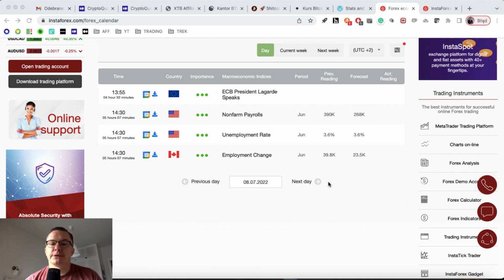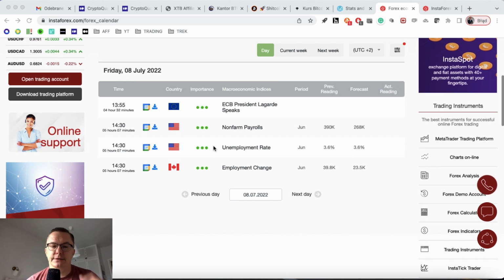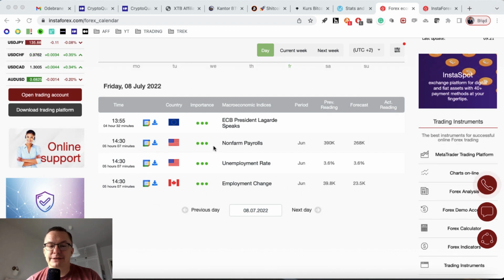Because the non-farm payrolls and unemployment rate is a high volatility event, please be very careful trading this kind of event because, as they say, high volatility might cause high returns but high losses as well. So please be careful around the